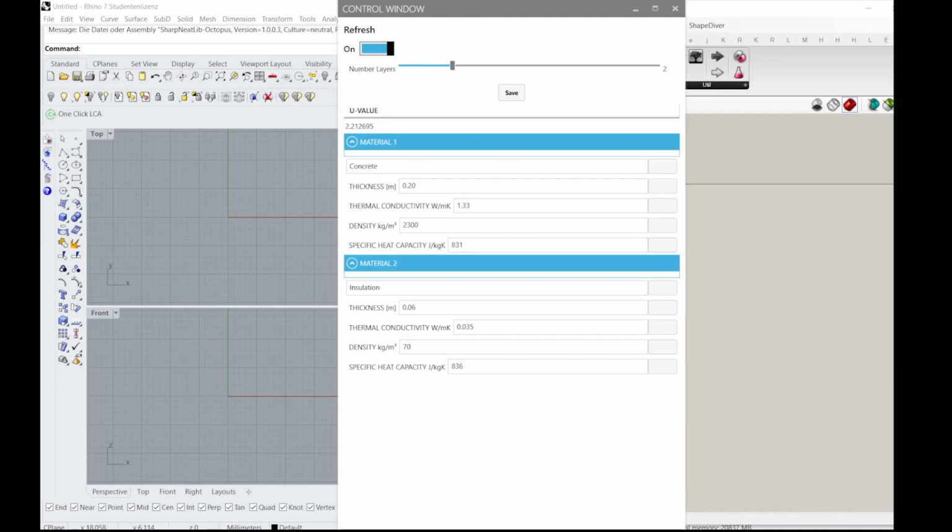Welcome to this new tutorial in Human UI in Grasshopper. As we can see, now we can adjust some materials and layers and change them in this control window. So let's see, if I start with 2 layers, I can see their U value, and also I can give a name of this layer. And if I were to save the state, which we will see how we can do this, and I increase